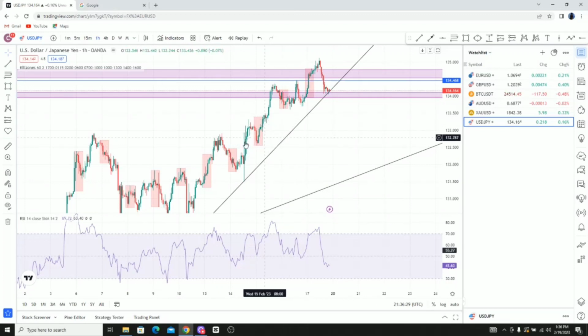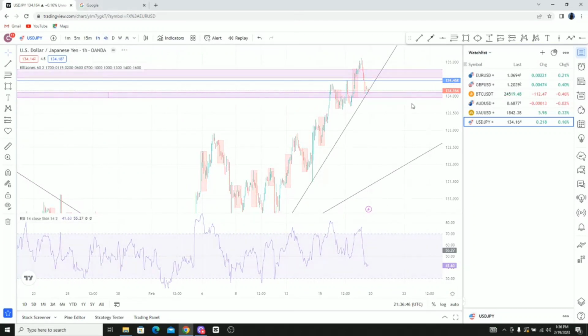So the market might bounce back to take out this low from this point. This structure might be broken, it might be invalid the way I'm seeing this chart. So JPY might be stronger than USD for this week. But we don't know what the market will do, I'm just giving my point of view, because from looking at the 4 hour time frame,